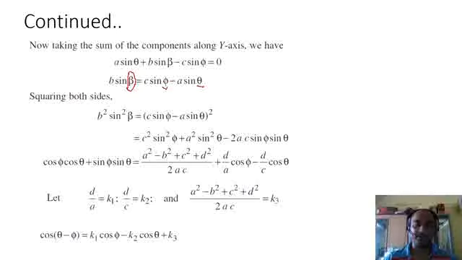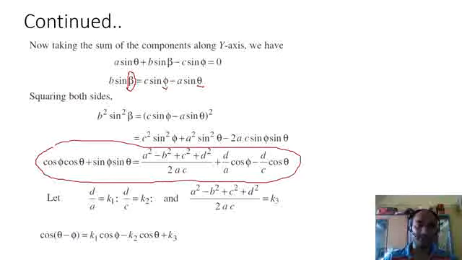So therefore what we'll do, we'll use these two equations and remove this particular part beta. For removing it, we'll square the left part of both the equations, and then we'll add these two equations. After squaring and adding, you will get this equation. This equation now will be in terms of only theta and phi. We can easily observe here, because we have removed beta from the equations by squaring and adding.